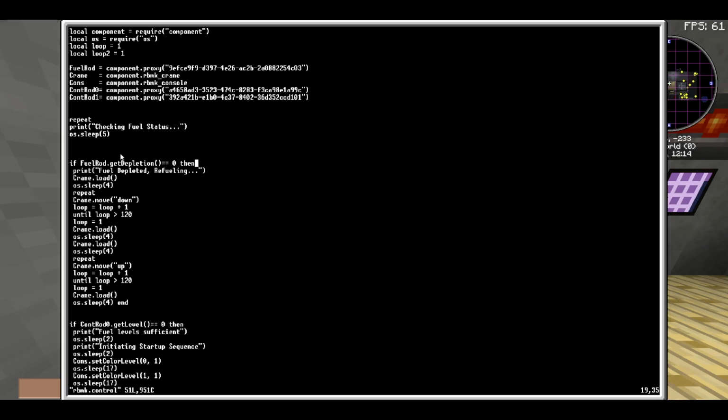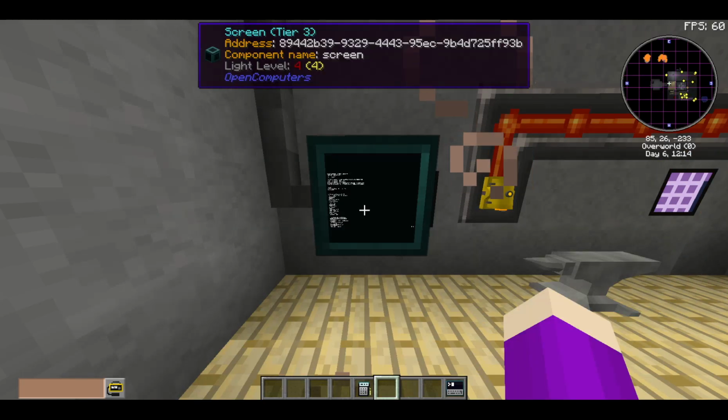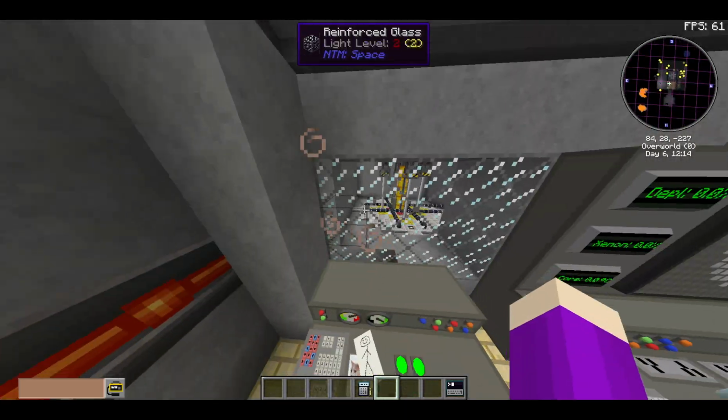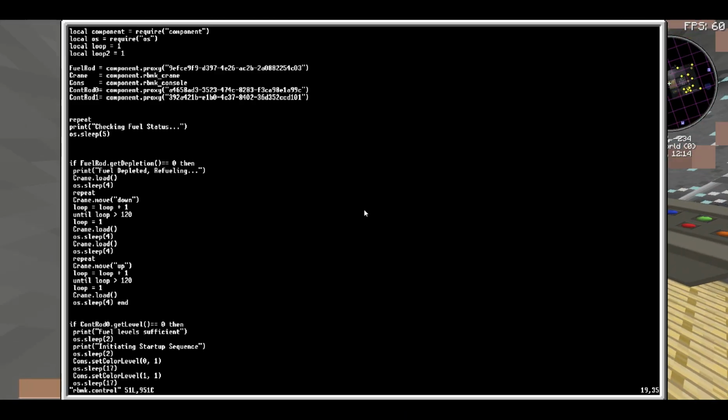And next up, we have an if statement that looks at the fuel rod here, and it gets a depletion value. If it's 0, which is when it's fully depleted, then it prints something. It doesn't have to print anything. Then it first loads the crane so that